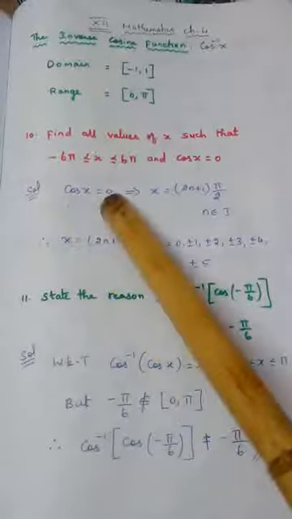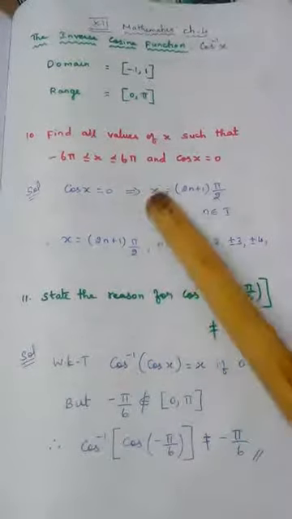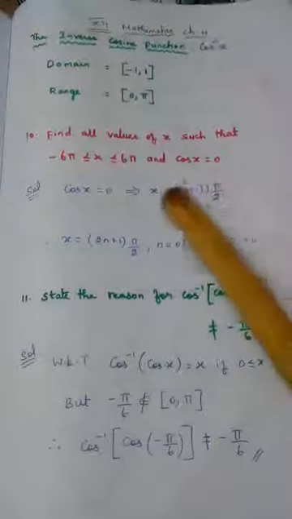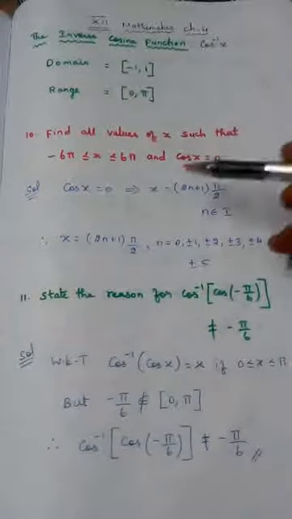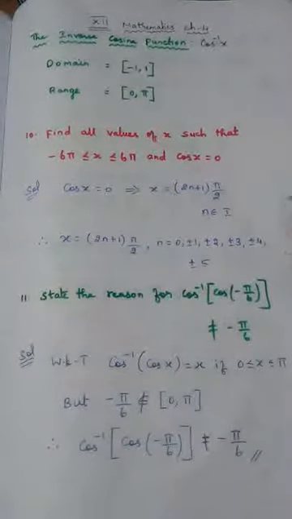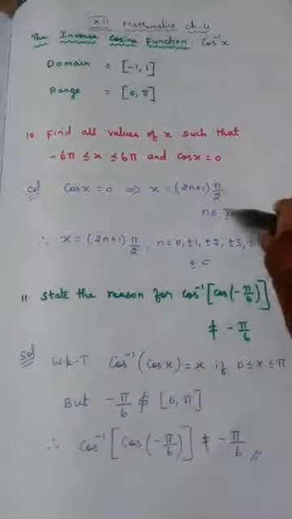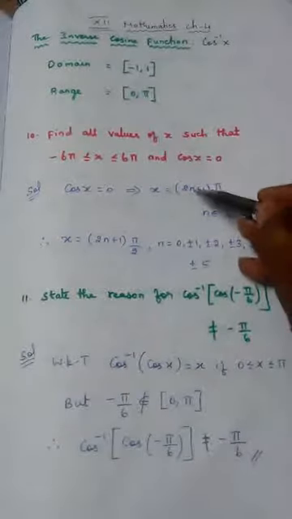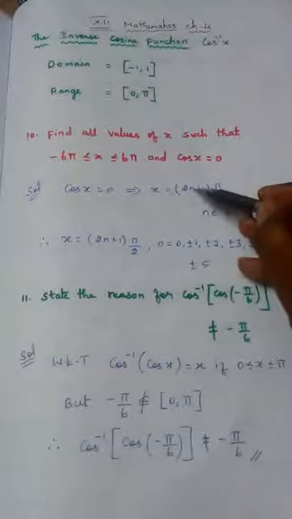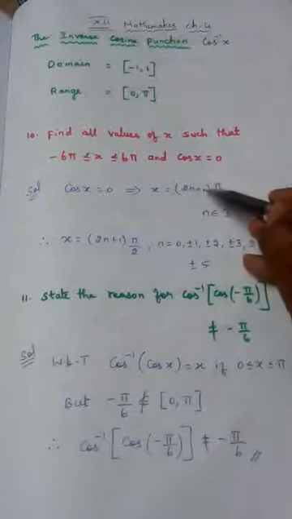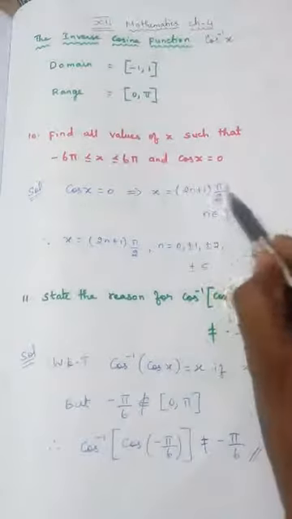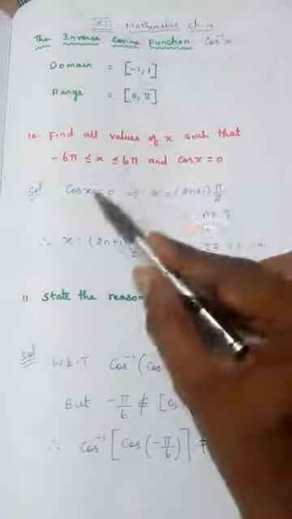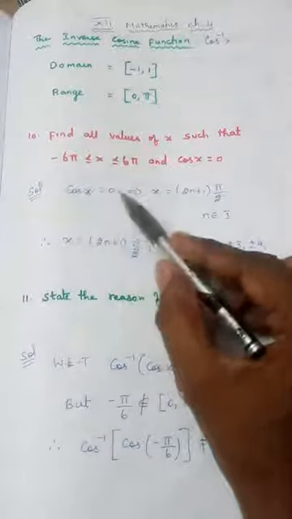Cos x equal to 0 implies this x should be equal to (2n+1) into π/2. This is the standard result that we studied in 11th standard. Here n belongs to I, even I can say n belongs to Z also. So if I put n equal to 0, what happens? This becomes 0, only 1 remains, 1 into π/2. And I know that if n is 0, this will become π/2. If I substitute π/2 here, definitely cos 90, answer is 0.